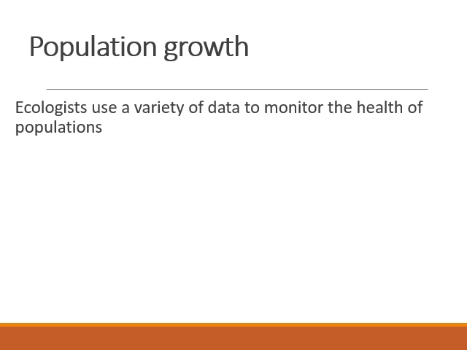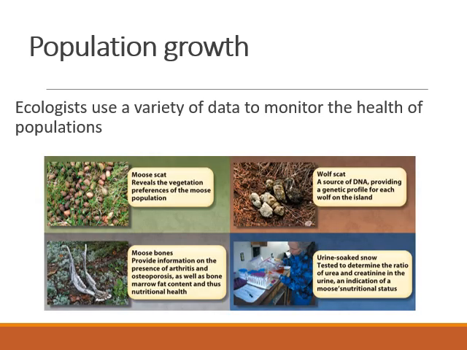So ecologists can use a bunch of different data sources to monitor the health of populations, right? You'll see this with both the wolves and the moose, but they can use moose scat. Their feces that they're leaving behind, they know then what kind of vegetation preferences the moose population has by looking at moose scat, which tells them something really important because ideally they normally are only eating one or two different kinds of trees or shrubs. So if they see that maybe they're eating some different type of vegetation during periods of really high or really low growth rate, maybe that gives a good indication that they're able to adapt to different sorts of